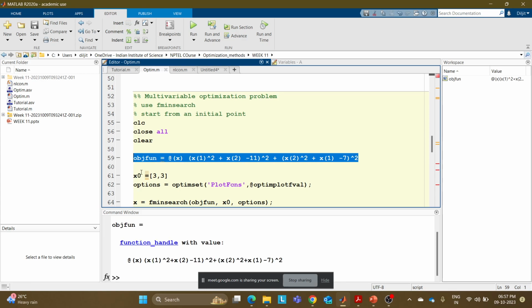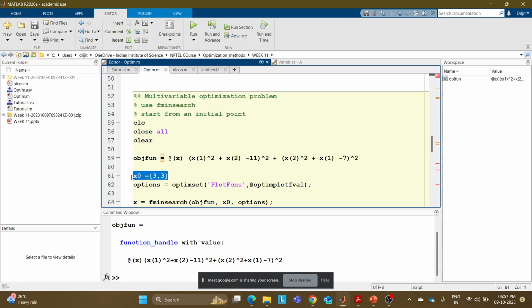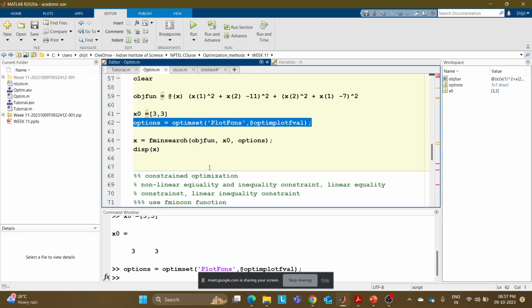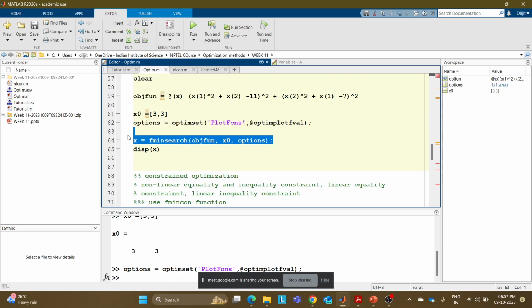So our objective function is given. Now we get the initial value. Initially, it will start the search from x naught, which is 3 comma 3. And options, it is not compulsory to always give the options. I want to see after each iteration how the values are varying, so that's why I'm giving the options. And now we use the fminsearch. So what are the commands here? In fminsearch, we give the objective function, the initial value, and the options. So just give,